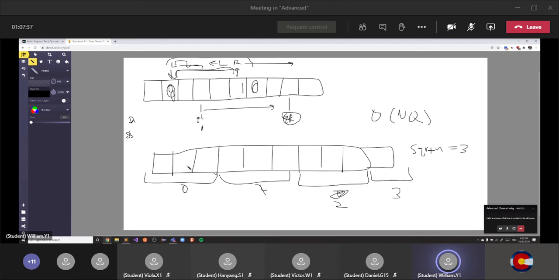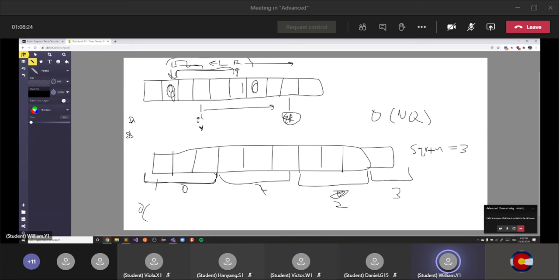Okay, since we split up the queries into blocks, we're going to process all the queries based on which block the left index is in. So basically we're going to process one block at a time. If we write the big O notation, we know the left pointer of each query only moves... actually, forget what I just said. Right, we know all the queries are sorted by their block,